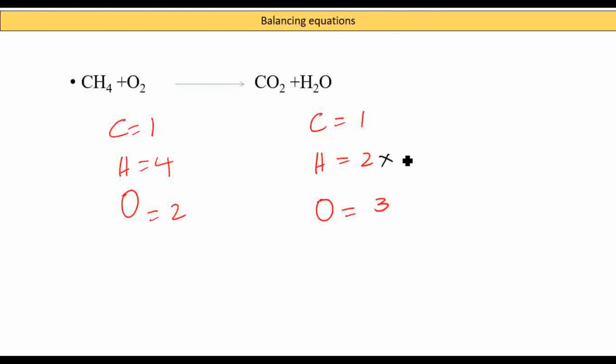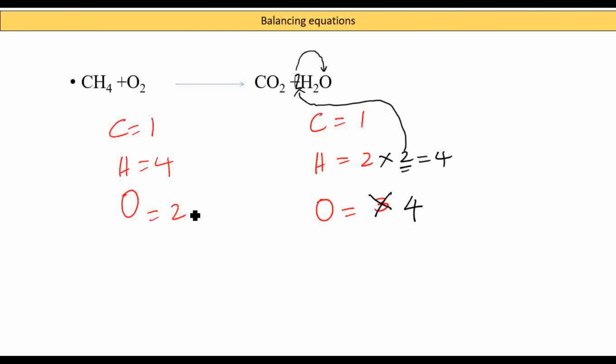So let's times that by 2, which makes it 4. We put that 2 in front of the compound in which it's found. So we're going to put a 2 there. That 2 has now affected my oxygen, which is now going to be 2 there and another 2 there. Now that becomes 4. We're not going to times that 3 by 2 because that's going to make it 6. What we've done literally is added an extra